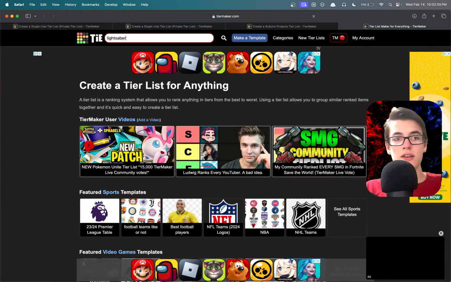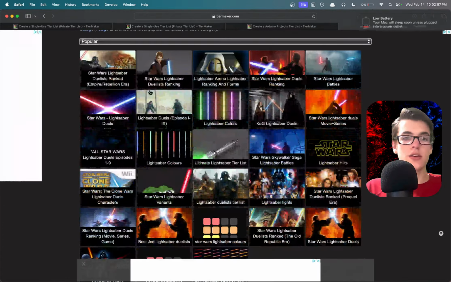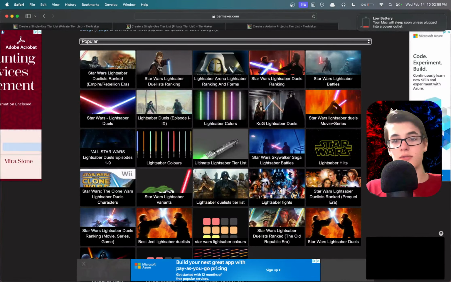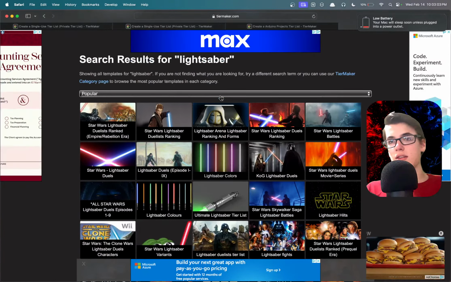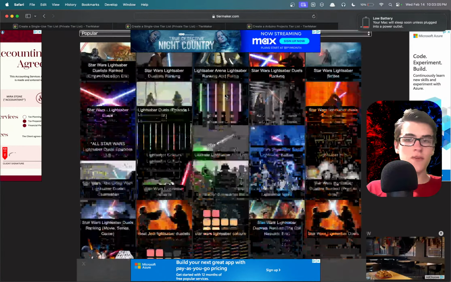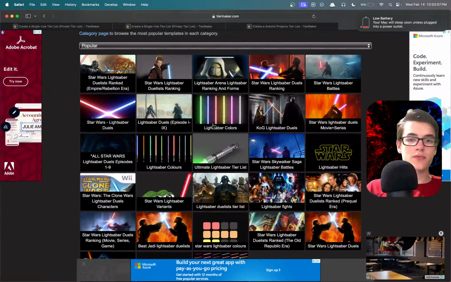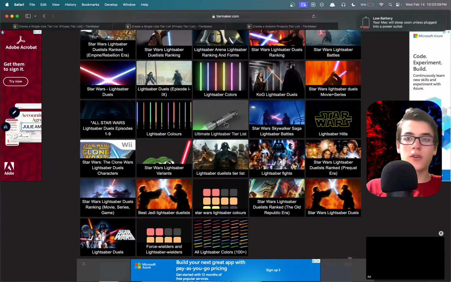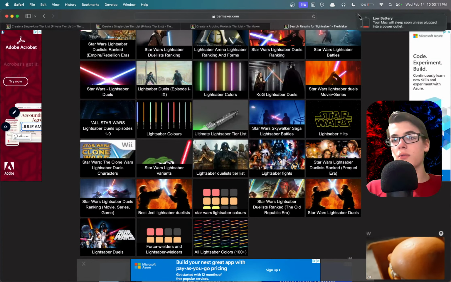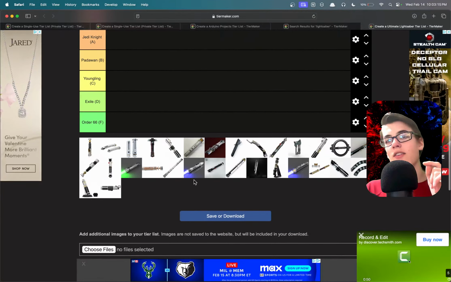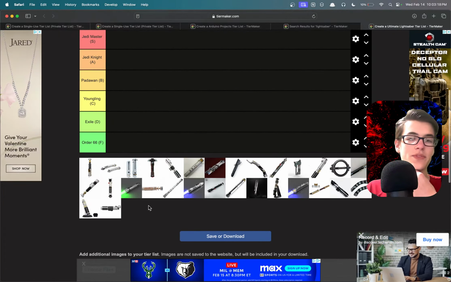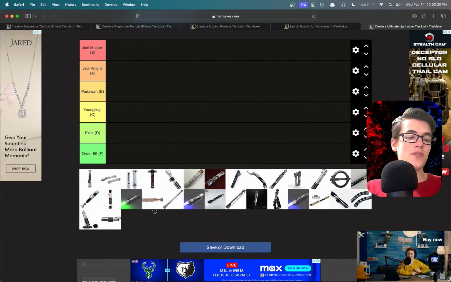Let's see if they already have one, which hopefully they do, because, okay, ranking duelists. You're talking about lightsaber hilts, right? I'm assuming that's what you're talking about. Hopefully I'm correct. This is, I think, what we want. The ultimate lightsaber tier. Oh yeah. Okay. So hopefully,